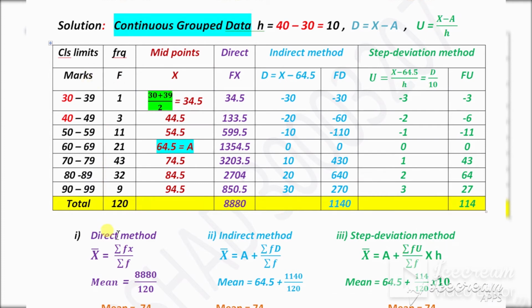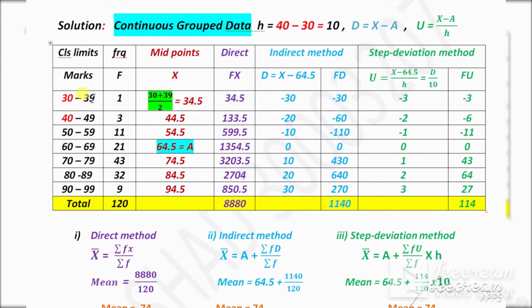Okay, then now find x. First we have to find x, then we will multiply with f. So first find x, then we can multiply with f. So how to calculate x? X is called midpoint or class mark. Class mark or midpoint is called x. How to calculate x? Just take these two class marks, add up these two numbers and divide the answer by 2.